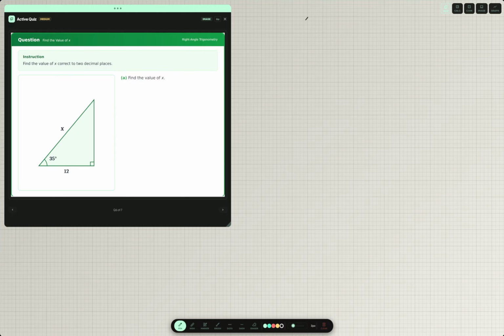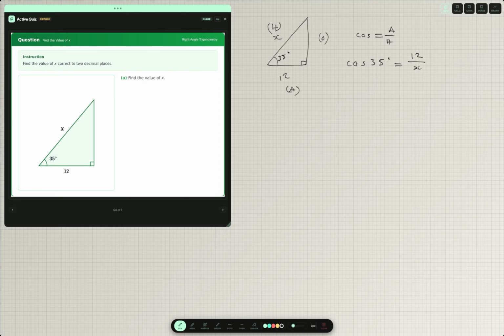So here we have our next triangle. And in this one, we have x as our hypotenuse. We have 35 degrees and we have 12. So we don't have an opposite. We do have a hypotenuse and we do have an adjacent. So when we have an adjacent and a hypotenuse, we will use cos, because cos is equal to adjacent over hypotenuse. So with that, we go cos of 35 degrees is equal to adjacent, which is 12, over our hypotenuse,